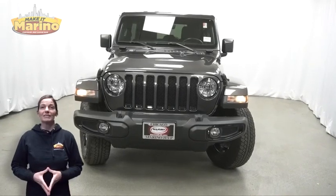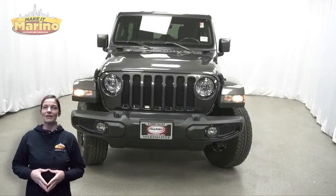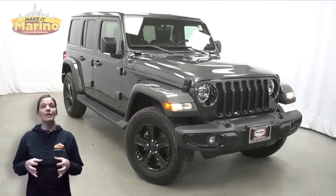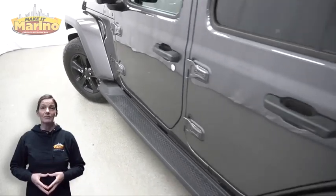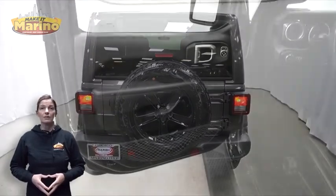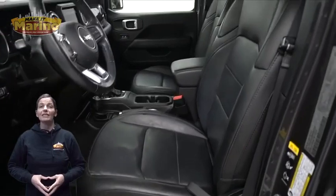Power, performance, capability, and capacity allow you to take this on and off-road as you take on new adventures. Take a look at this 2021 Jeep Wrangler Unlimited Sahara Altitude in granite crystal metallic. With automatic headlamps, front fog lamps, 18-inch aluminum wheels, body color 3-piece hardtop, tow package, heated front seats, heated steering